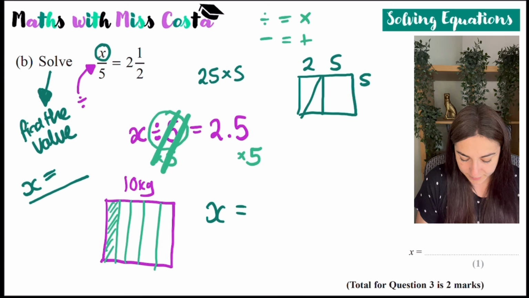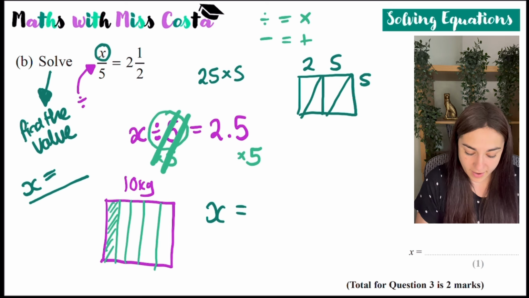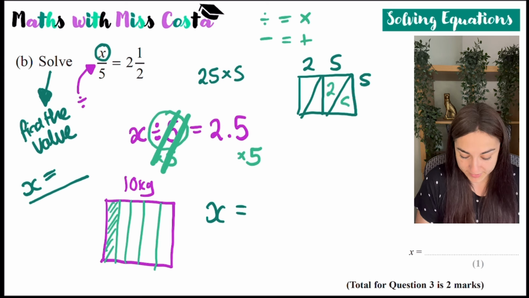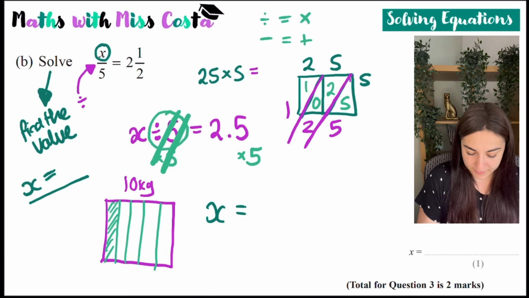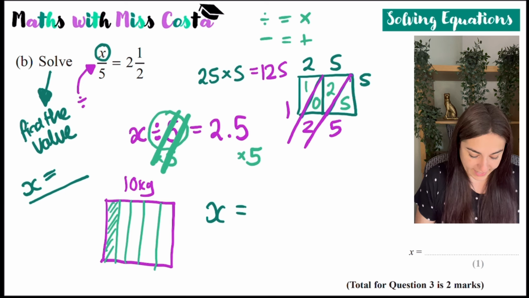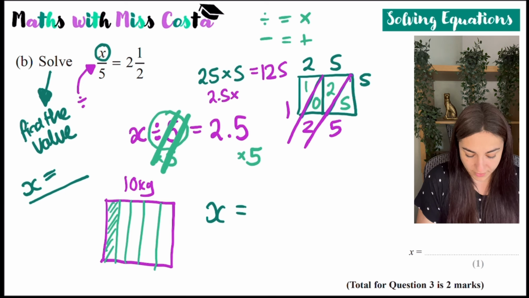So 25 times 5, I do 5 times 5, which is 25, 2 times 5, which is 10, and then I just go along the diagonals and count what's in them. So over here I've got 5, over here I've got 2, over here I've got 1. So I know that 25 times 5 is 125, and therefore 2.5 times 5 is going to be 12.5, because